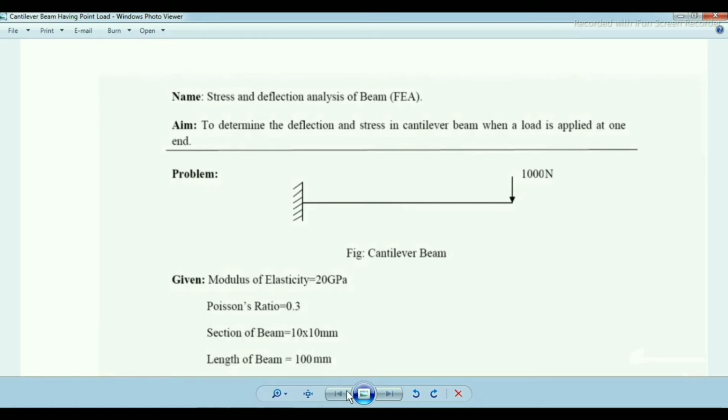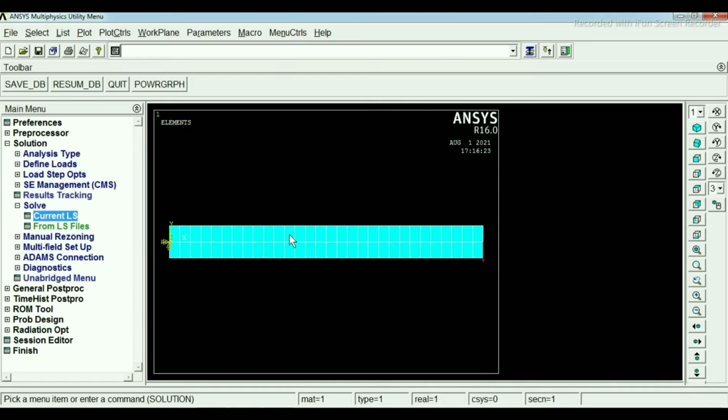The remaining steps up to the loads I have already done, and now we will go for checking the stresses and displacement in the beam. For checking these, we will require the loads and we have to lock the degrees of freedom.